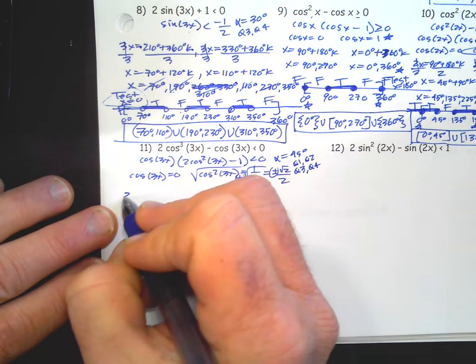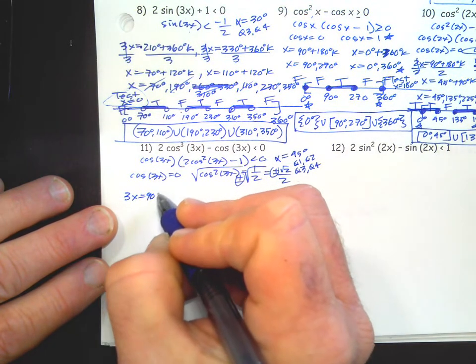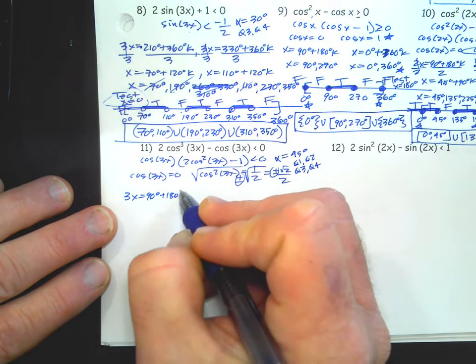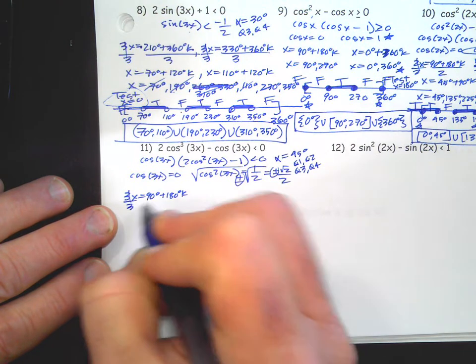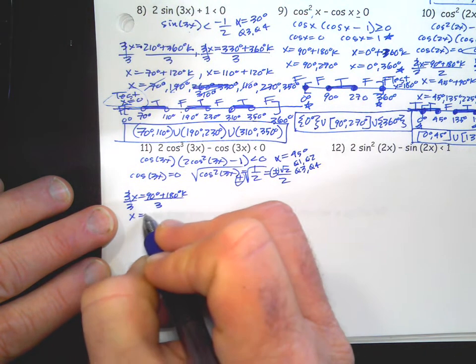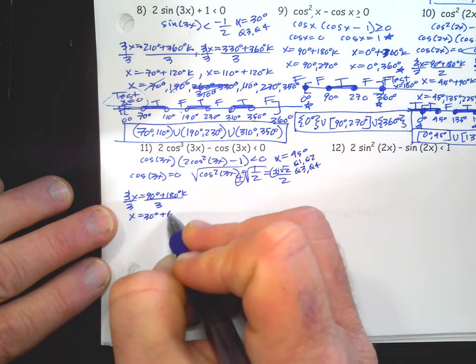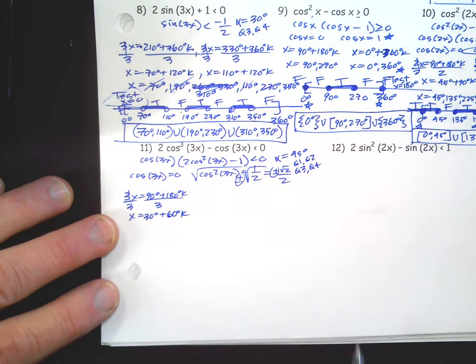Now, when does cosine equal 0? At 90 degrees plus 180k, divide by 3, x equals 30 degrees plus 60 degrees k. Okay, now this one,